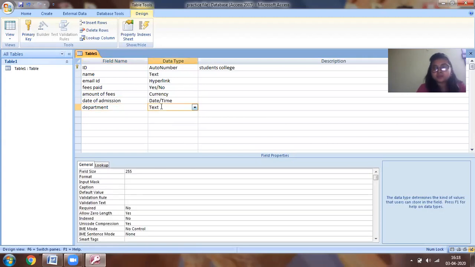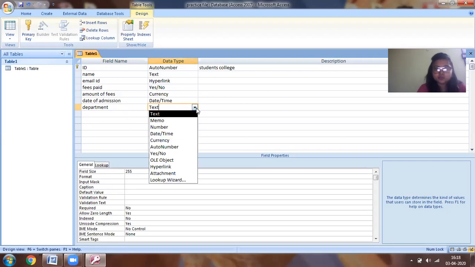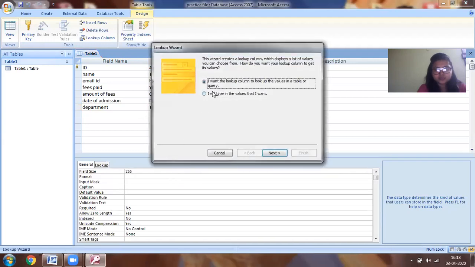In department, I want to give options to students. So I'll make a lookup wizard where I'll give options. I'll click on lookup wizard and type in the values that I want.